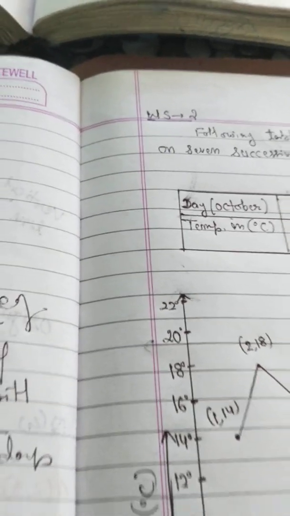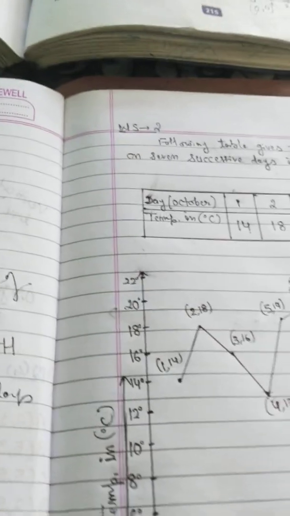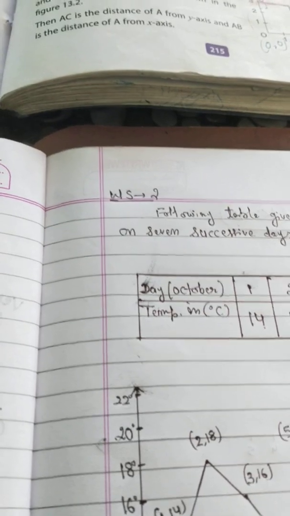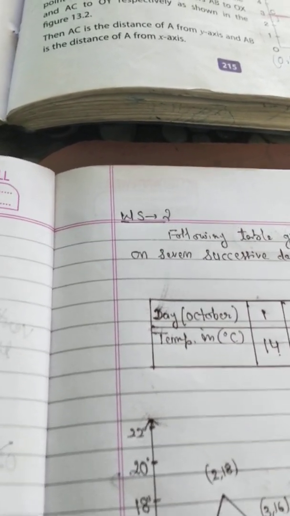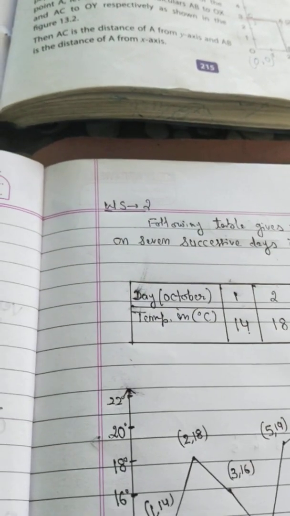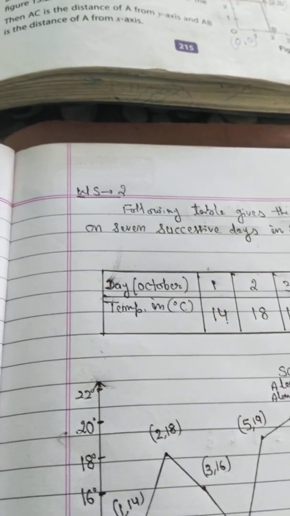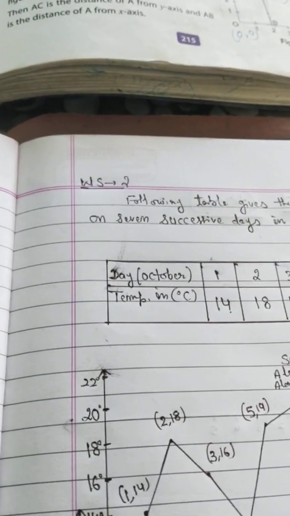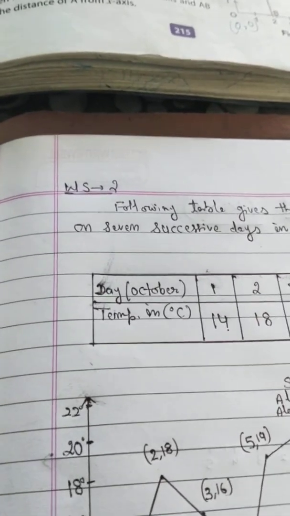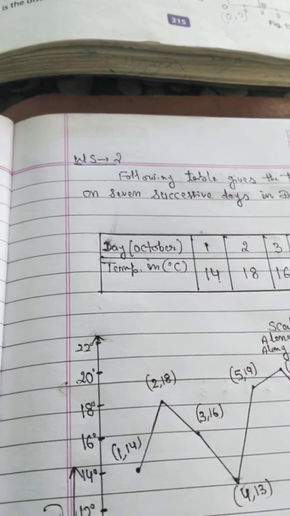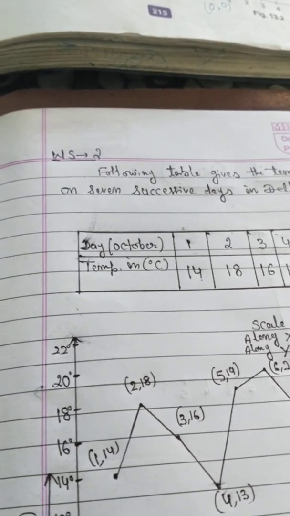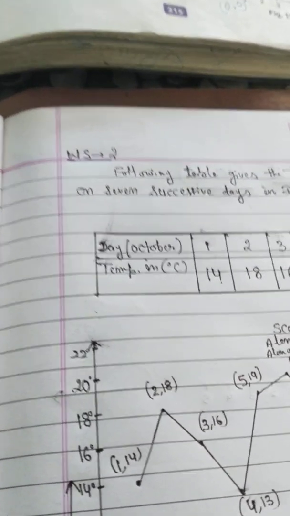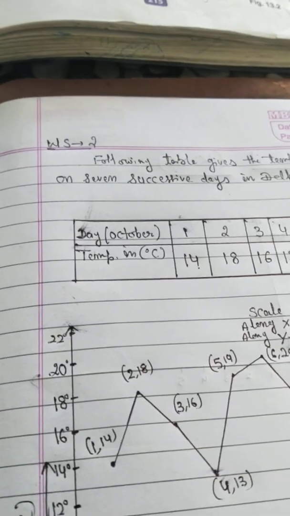For the Cartesian plane, we have to draw two perpendicular lines which meet at point O, called the origin, and this XOY plane is called the Cartesian plane. OX is called the x-axis and OY is called the y-axis. These two lines meet at point O, the origin, and for plotting a point on a Cartesian plane we also give the concept of abscissa and ordinate.